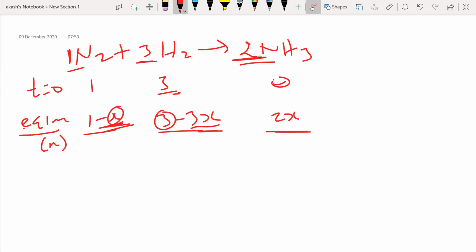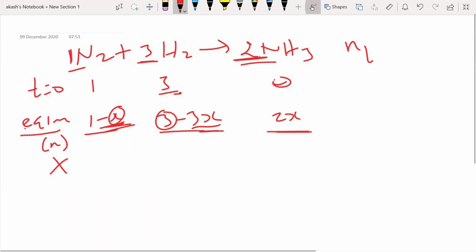Again, I'm telling you these are the number of moles. Please be very careful. Now what they have given in the question is basically the mole fraction. So whenever they ask in terms of mole fraction, at equilibrium, if I write it in terms of x, now I know what x is. You know how to calculate the mole fraction. Mole fraction of a particular component is equal to the number of moles of that component divided by the total number of moles. Is it not? So let me calculate the total number of moles, NT.